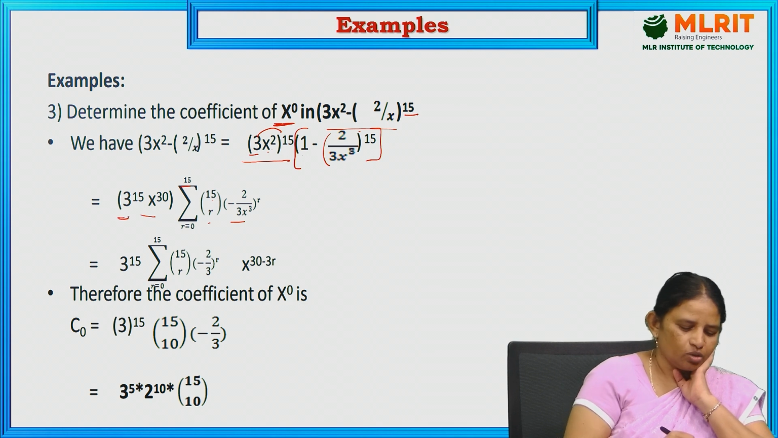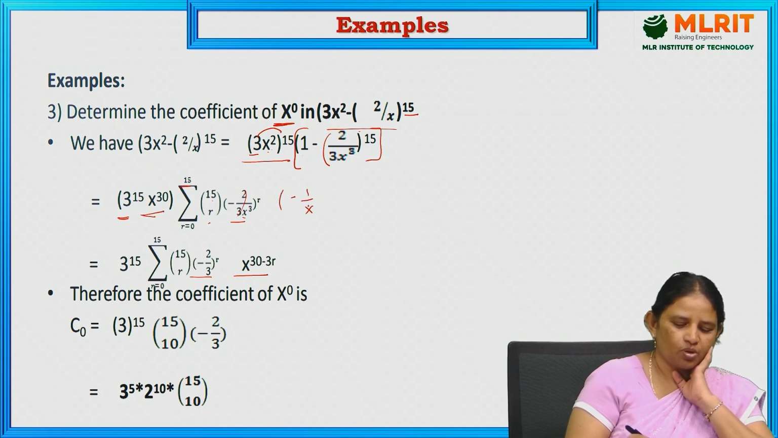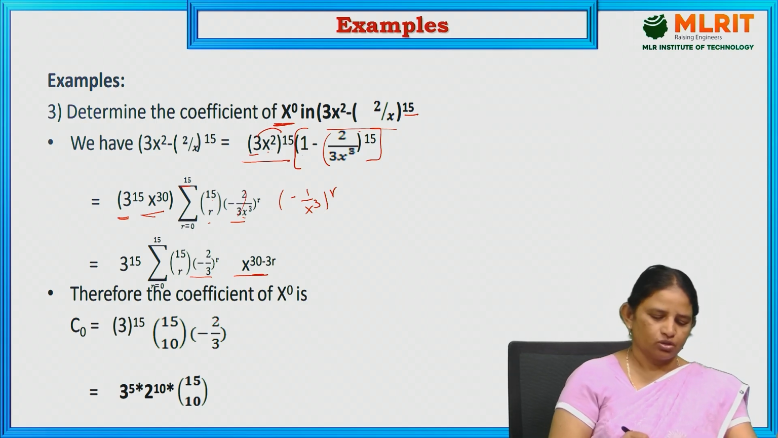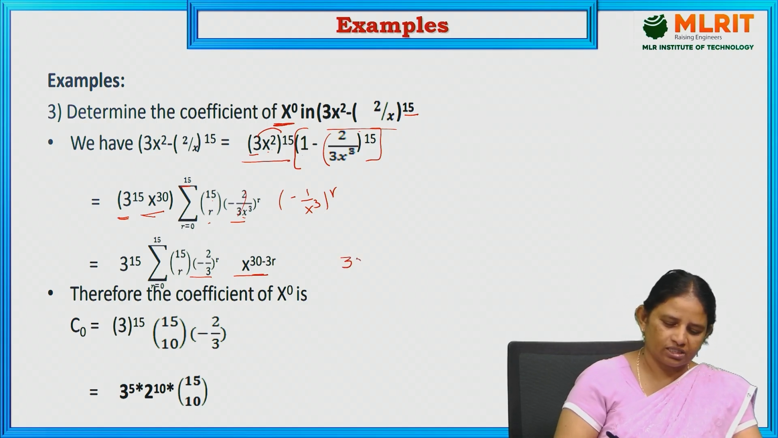Next, 3 to the power of 5, sigma r equal to 0 to infinity, 15 Cr. We need to separate 2 by 3 into r. x to the power of 3 into r, that is 3r. 30 minus 3r, here x to the power of 30. Here minus 1 by x to the power of 3 into r, that is x to the power of 3r. Then, so x to 30 minus 3r is equal to